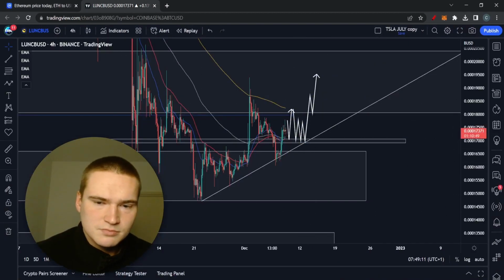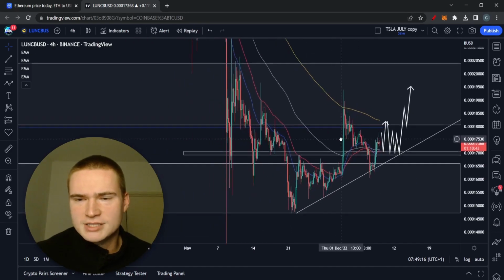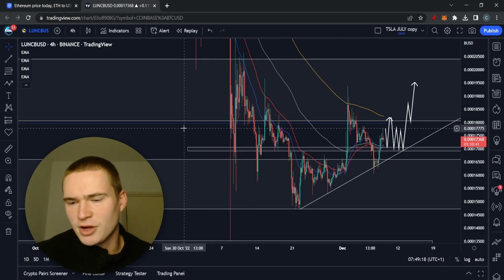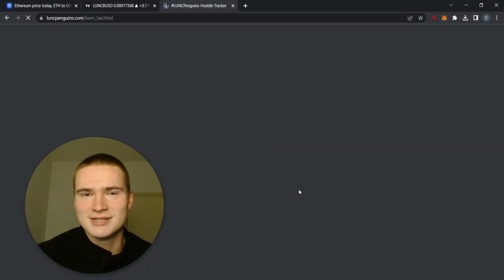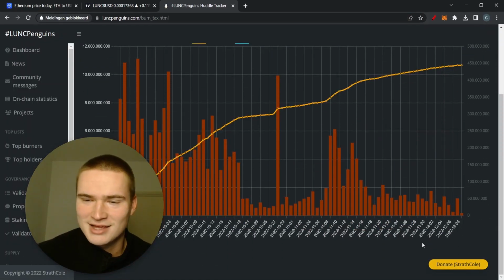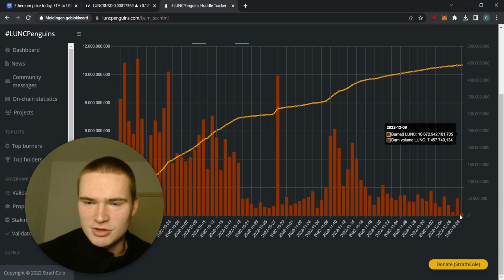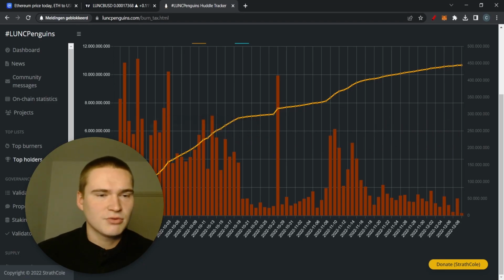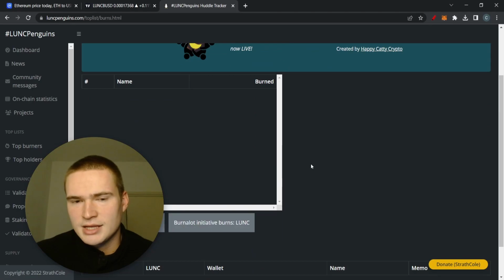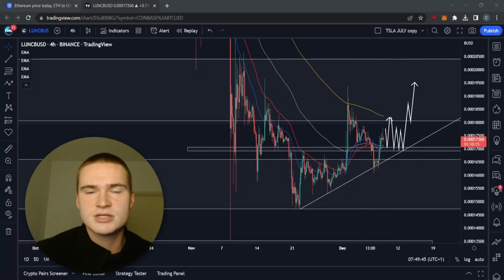Now, is there a real fundamental reason for why Luna Classic is bullish? I don't think so. They reopened IBC channels like 3 days ago, I know that. We could check out the tax burn, but I don't think it's that high. No, the tax burn is just back to the average 50 million. It's probably going to be very low again today, at least it looks like it. Usually this gives some indication of what we've burned through already. And I don't think we had any big burns either. No, we did not. So in general, it really is just